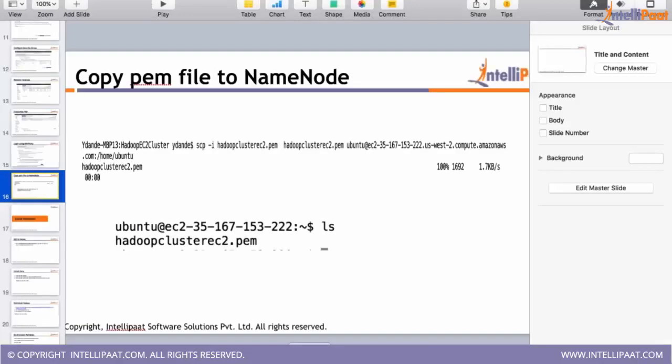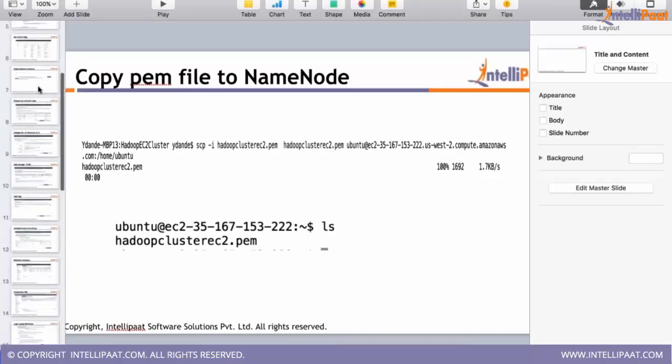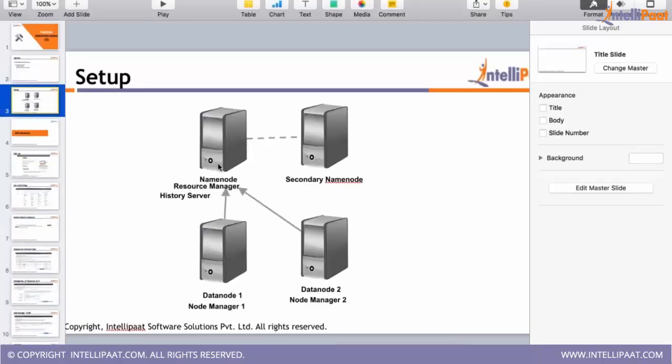Now, because all the daemons will be started, stopped and restarted through the name node, we should have a way to access all other machines from the name node without any password.